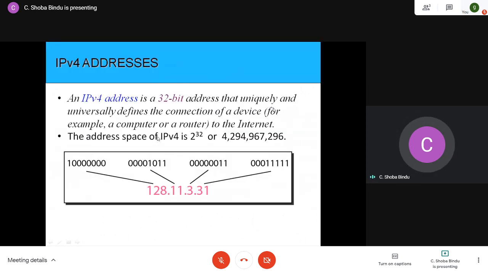In the last class, we were continuing our discussions regarding the IP addresses here. So the IP version 4 addresses are 32-bit addresses that we have, and the address space. What is this address space that is being asked? The address